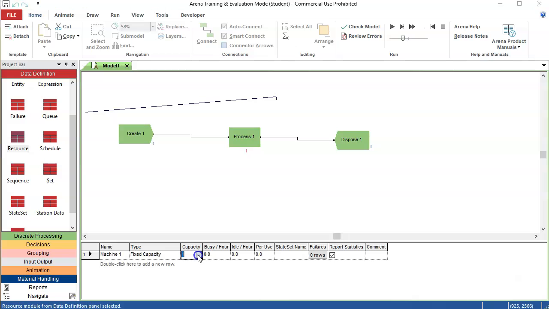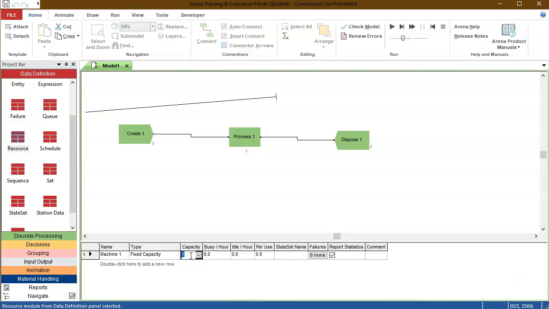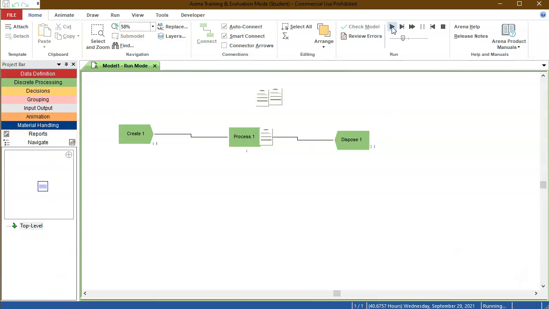We can increase that capacity in such a way that the entities do not have to wait for the machine to be available as much if we have, say, 2 of them. So if we have 2 of them, we can serve 2 customers at a time, or 2 entities at a time, and therefore the queue would be smaller. So if I run the simulation now, you will see that although sometimes the queue grows for a little while, it is not as it used to be when we only had one. So you can run these simulations